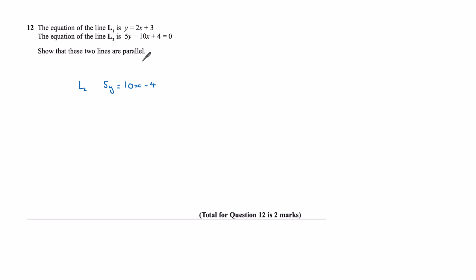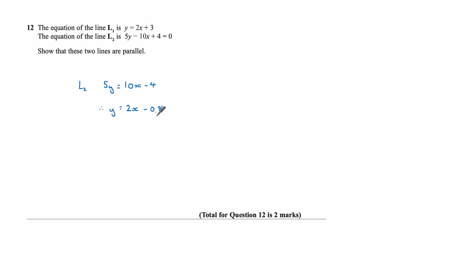And so I can see on line 1 that the gradient is 2, but I want my line 2 in the form y equals mx plus c, so I can view that gradient more simply. And so if I take line 2, first thing I've done here is I've added 10x and subtracted 4 from both sides, so that I can write 5y equals 10x take away 4. Now if I divide every term here by 5, I've got that y equals 2x minus